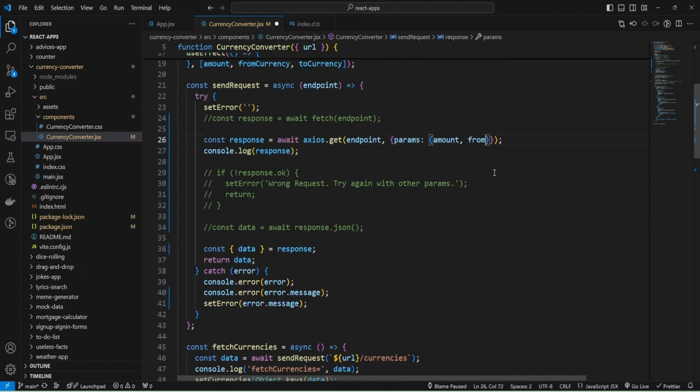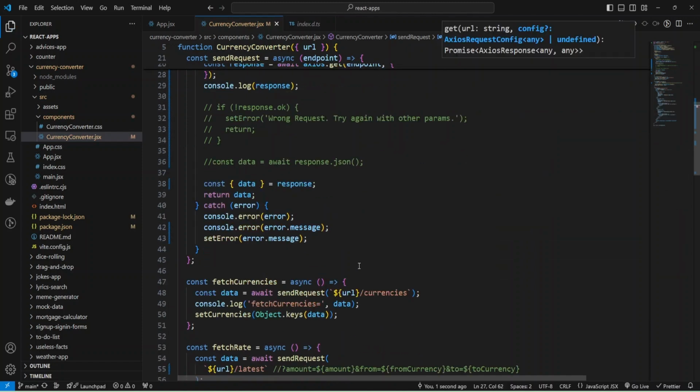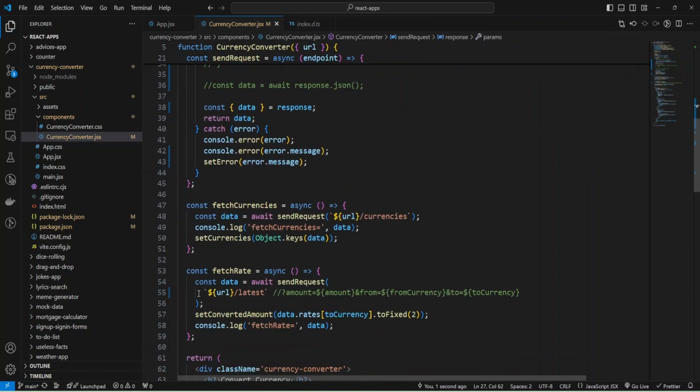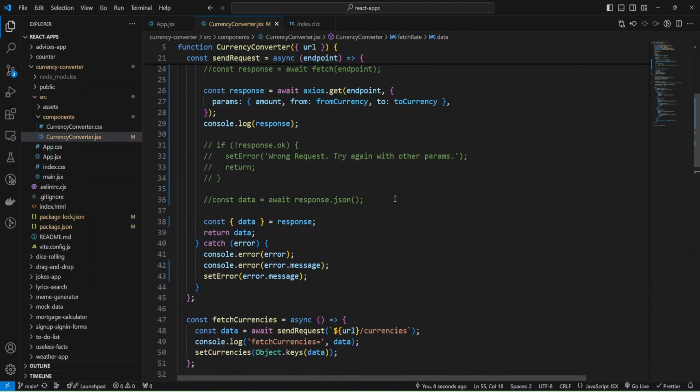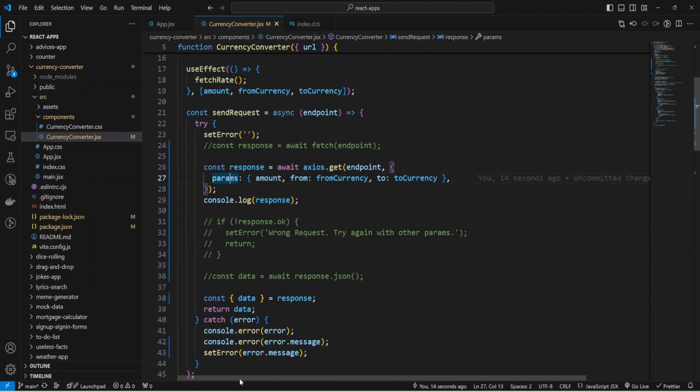So I can provide from currency and to currency. Also, as you saw, Axios works with a params string as well, but let's check our object.